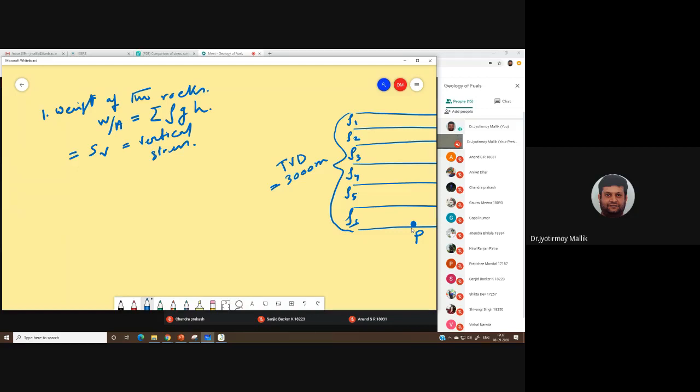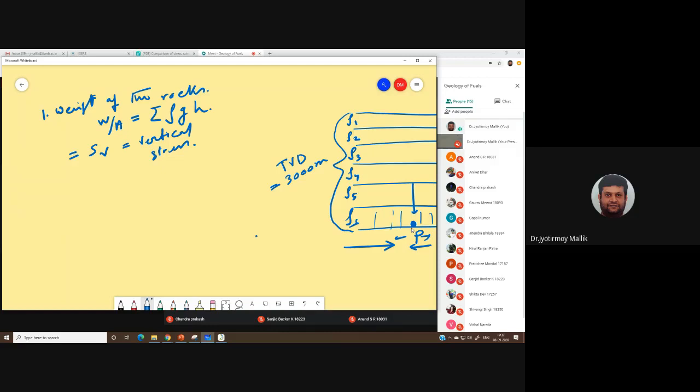Now, for example, you are standing here and this vertical stress is acting on the top of you. And then, of course, there are also rocks on your surroundings. So what will happen if I compress you from the top? You will try to expand horizontally, but then these rocks will stop you from expanding. So these rocks from all sides will also try to squeeze you.